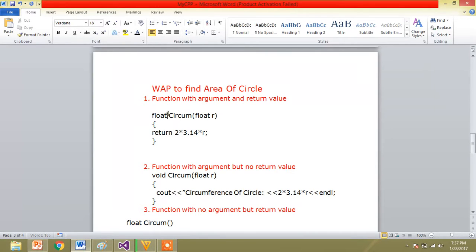The return type is going to be of floating type and the function name is area, and you are going to take the radius. Okay, you are going to change just the logic. The logic is pi r square. Pi is nothing but 3.14 into the radius. That's the only change you are going to make in this program.